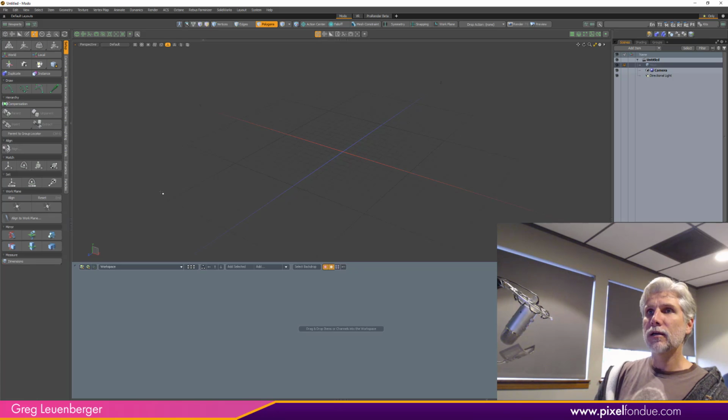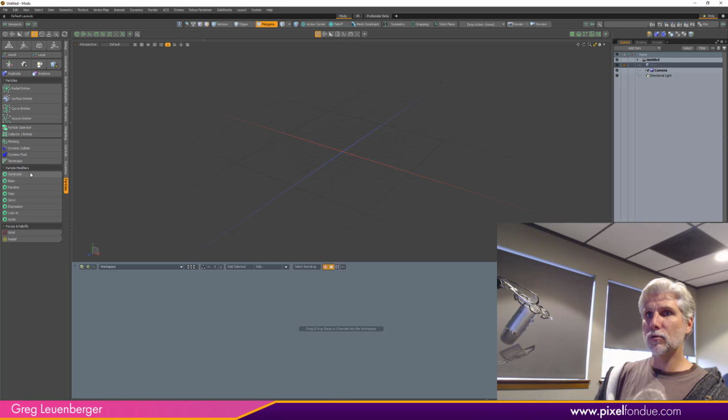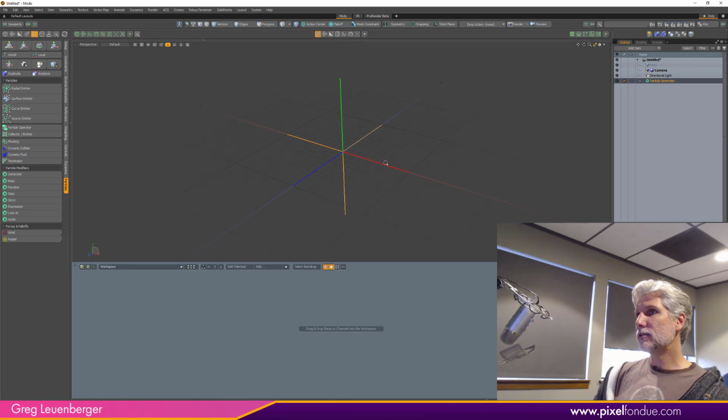So let me go over to my little rigging tab here and add a PMod. So let's do a particle generator. And so one thing I really wish, these particle generators,